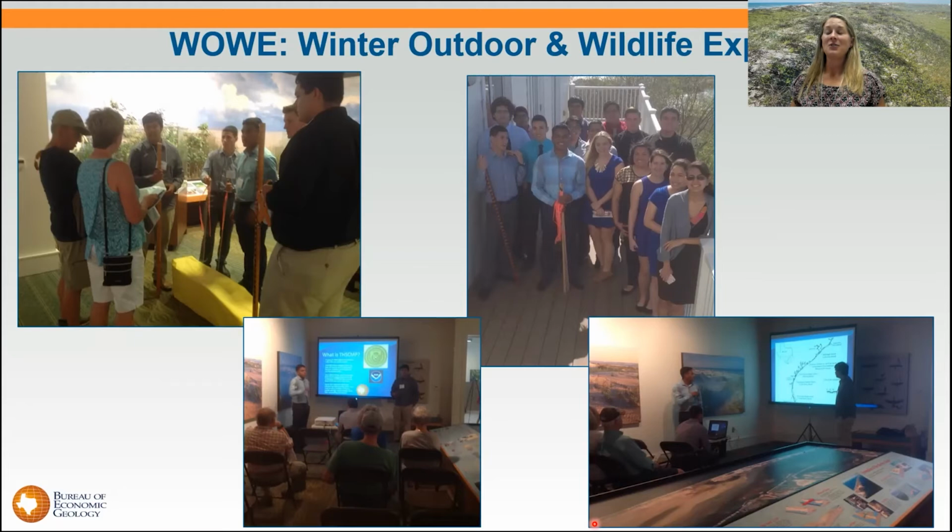So they have gotten creative. They got a Little Tikes roller coaster, if anybody's ever seen one of those, and they use that to demonstrate the changes in topography, create a miniature beach indoors so they can show them how to collect a beach profile. The other thing that two of the students from Port Isabel have done is we were